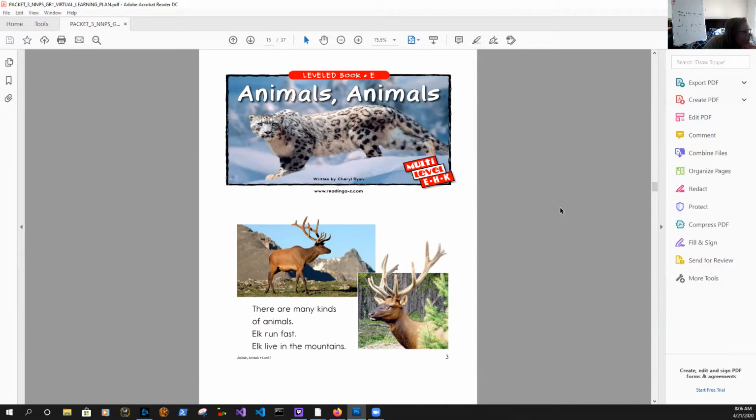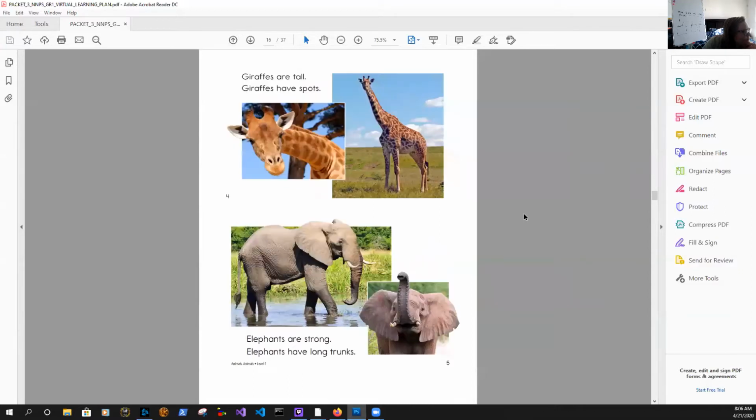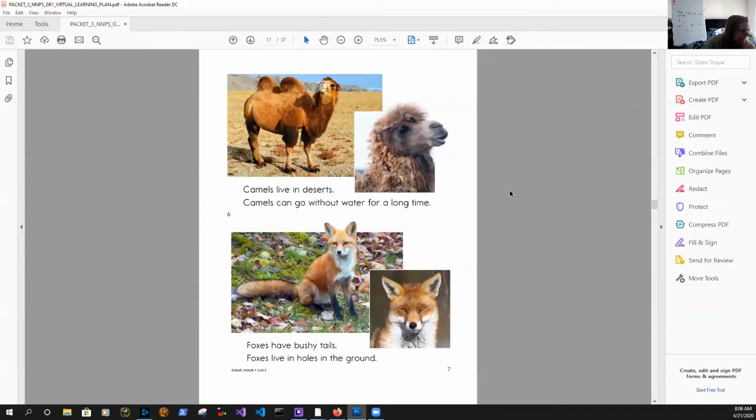then try and read it to yourself. Animals, Animals. There are many kinds of animals. Elk run fast. Elk live in the mountains. So this is an elk. Giraffes are tall. Giraffes have spots. Elephants are strong. Elephants have long trunks. Camels live in deserts. Camels can go without water for a long time.